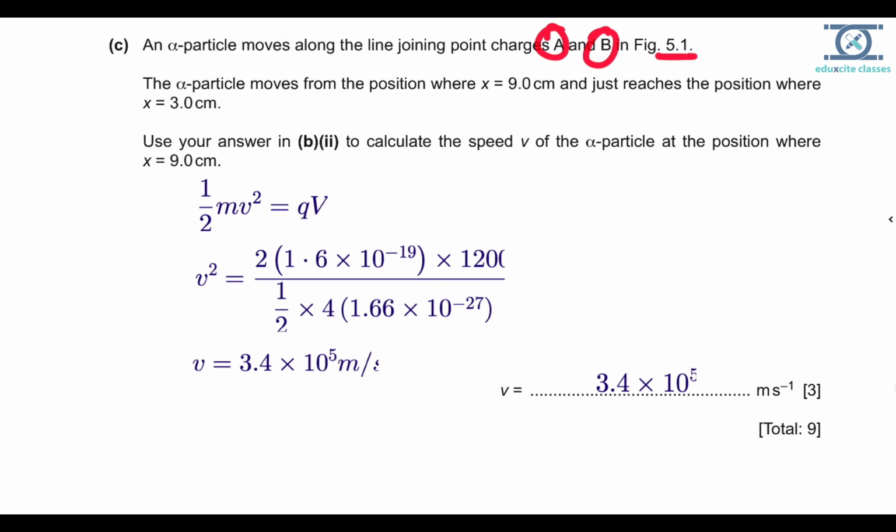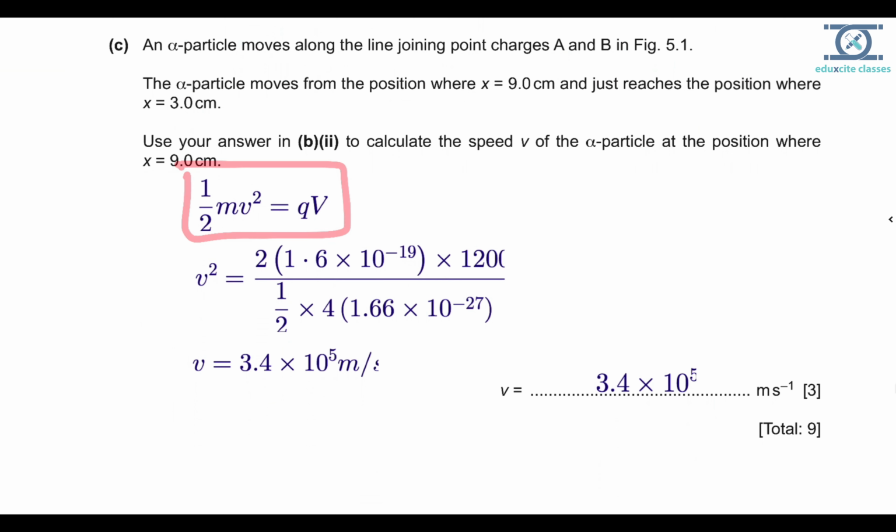and B, that is shown in the figure 5.1. Now an alpha particle moves from position 9 centimeter and just reaches the position where x is equal to 3 centimeter. Calculate the speed v of the alpha particle at the position where x is equal to 9 cm. So we know that